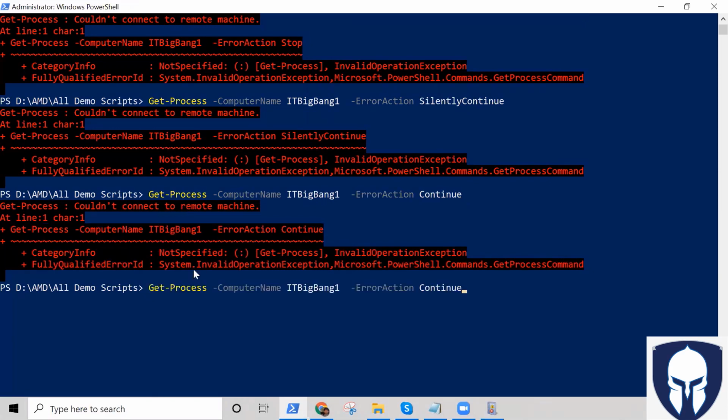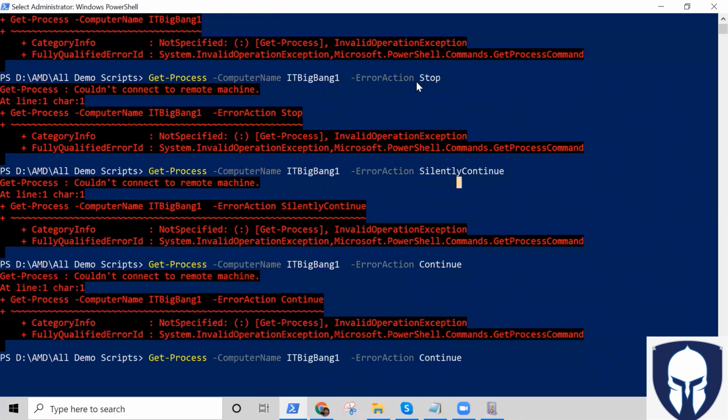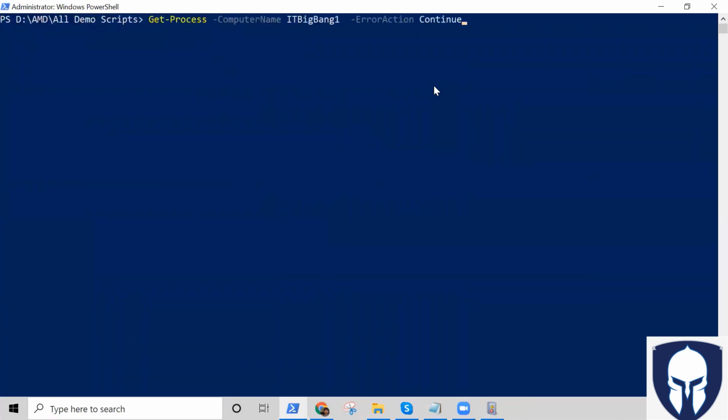Since we are doing only one operation, all these, Continue, SilentlyContinue, or Stop, will not make any difference because it's just a single operation. The scenario where we want to continue is when we are doing multiple operations and we want to go to the next command. But here we have just one command, right? We'll go to the script and do it there, so that is the error action. We have the error variable, okay, let's say,